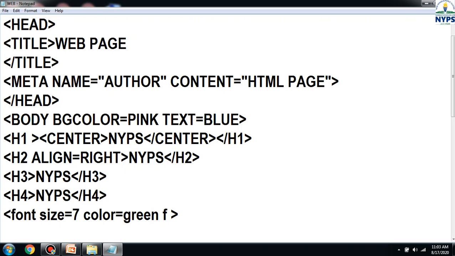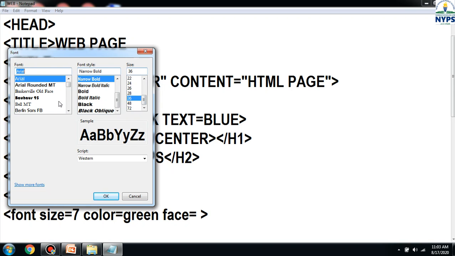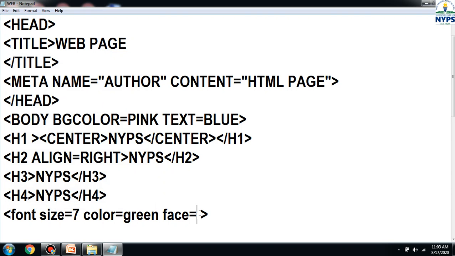One more attribute is there, face. Face is used to change the style of the font. Which type of style? The style that you are changing from here, the font. You can select any one of these. That is used to change the font of this notepad only. But if you want to change the font style in the HTML file also, you have to use this face attribute. So I am taking here Arial,